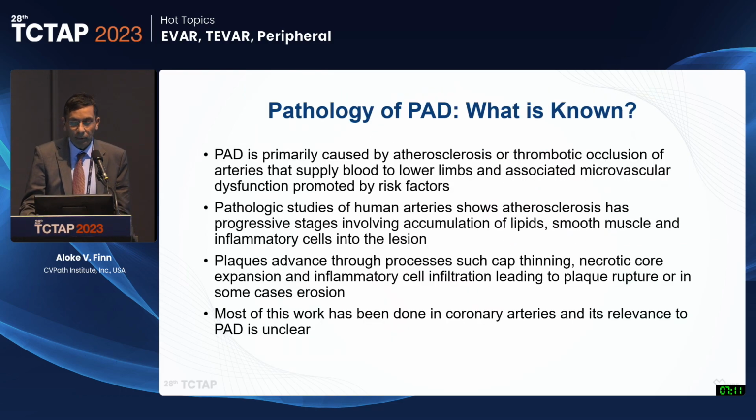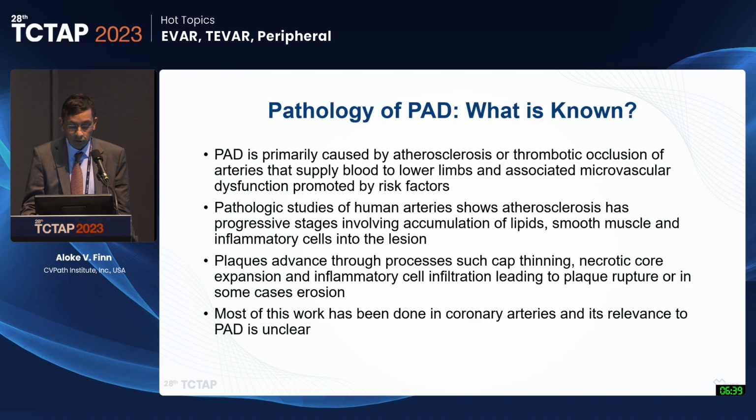So this talk is about the pathology of PAD and what is really known here. PAD is primarily caused by atherosclerosis or thrombotic occlusion of arteries that supply blood to the lower limbs and associated microvascular dysfunction. Pathology studies of human arteries show, as you're all familiar with, atherosclerosis has progressive stages involving lipids, muscle cells, inflammatory cells, all those into the lesion. And the plaques advance through things such as cap thinning, necrotic core expansion, inflammatory cell infiltration, leading to plaque rupture,